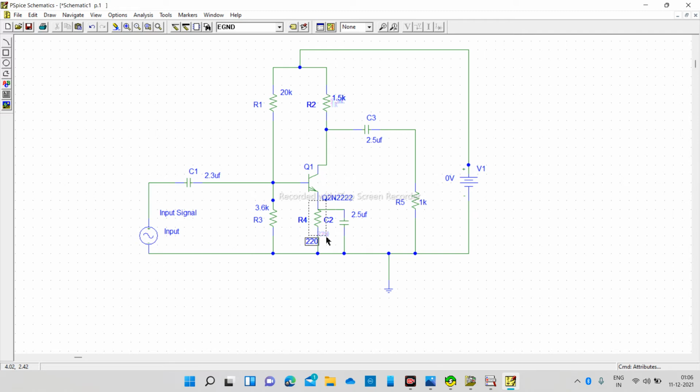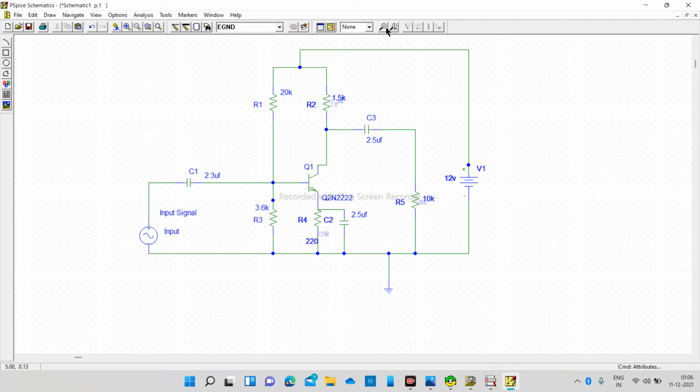If you have to perform this practically with the use of a breadboard, actually this is also a breadboard, but if you have to do it practically, you can easily do it. All the components you will get in a nearby market of your city. It is RL, load resistance 10k. VDC will be a 12-volt battery. As you can see, our circuit is ready. Our values are here. Now we will put the markers.